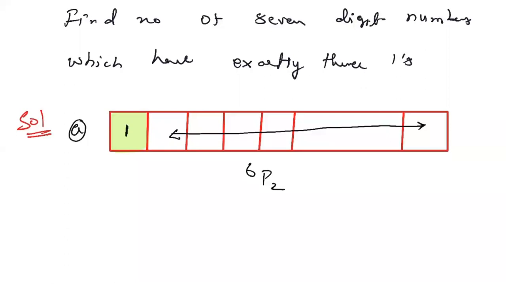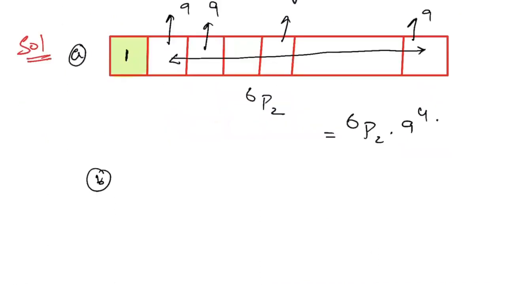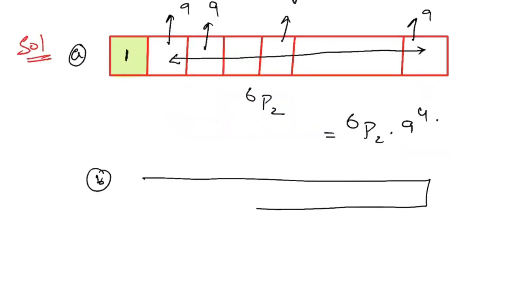This may contain 0 or may not, so everything has 9 options. So 4 places go for 9, and two places will be 1. So the first case is 6C2 into 9 to the power 4, right? But the second case, when 1 is not there in this place,